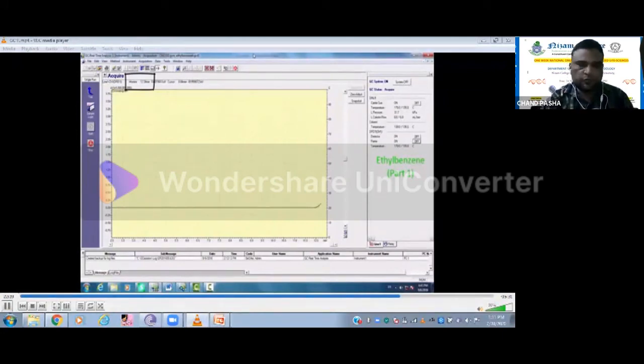There will be a fraction of seconds, few seconds difference is there. So unless and until your chromatography starts, the FID will not start, the detector will not start. So these actually, the scale is there on the left side. Based on the adjustment of the scale, these peaks will be small or large. But the thing is, area will be the same whether it is larger or smaller with respect to the compound present in it. I think here, for your understanding, the scale has been kept constant.